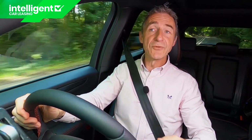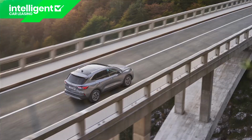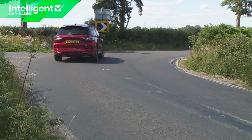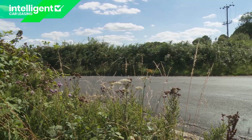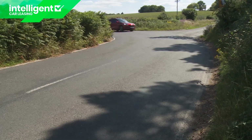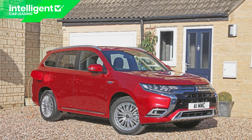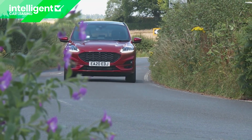Your feelings on the drive dynamics of this plug-in Kuga will depend on your perspective. Compared to more conventional models in the Kuga range, the near 1.9 ton curb weight of this variant is noticeable, particularly when you're pushing on through the bends. But the ride and handling balance achieved here in comparison to direct PHEV crossover market rivals is vastly better. If you've been used to driving something comparable like the Mitsubishi Outlander PHEV, the feel of this Ford will be a